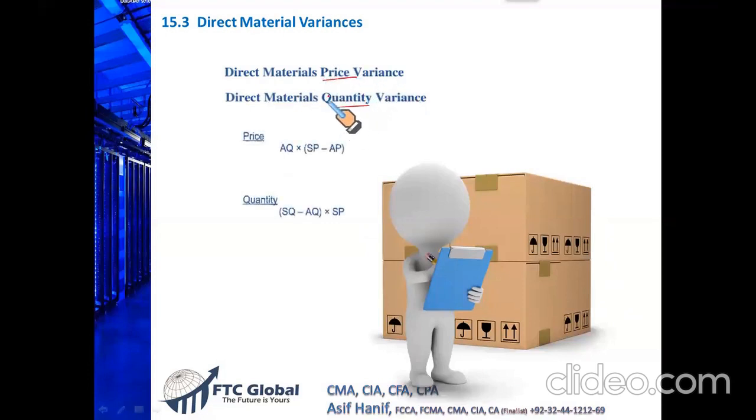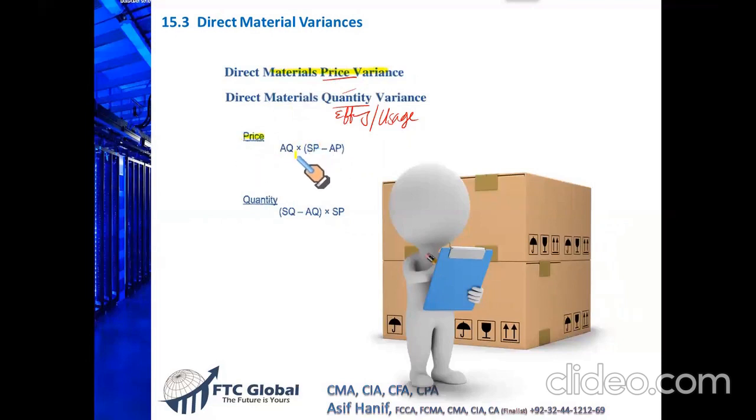Sometimes also, remember, direct material quantity variance is also called the material efficiency variance, or the material usage variance. I will give you the sheet. It contains all the reference names, sometimes quantity, efficiency, and usage. It's all there, so it will be helpful for you to memorize and solve these questions. Okay, now let us first calculate and understand the formula for direct material price variance.